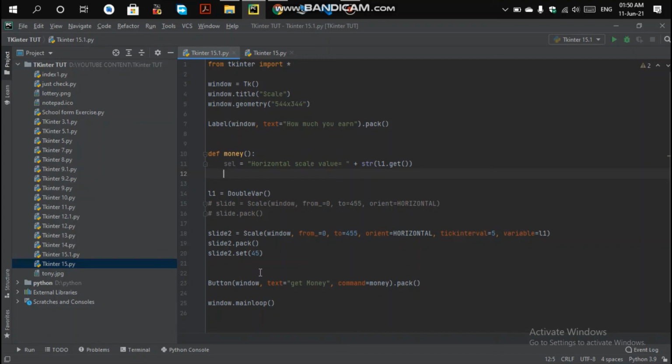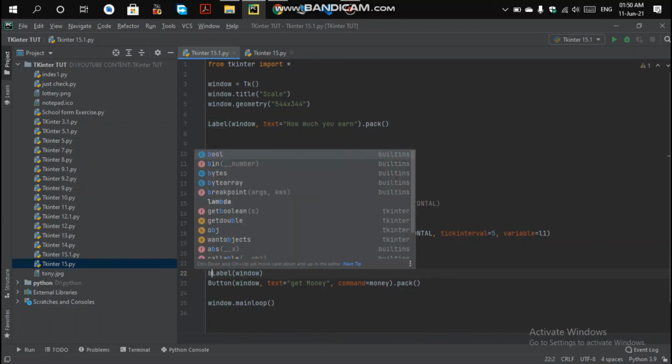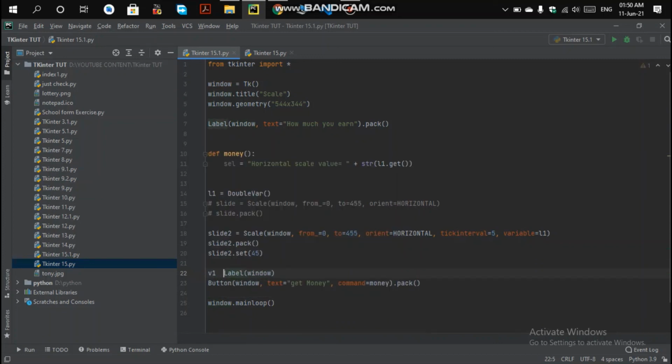To configure it into text, let me create a label here in the parent window, and create a variable for it, v1.